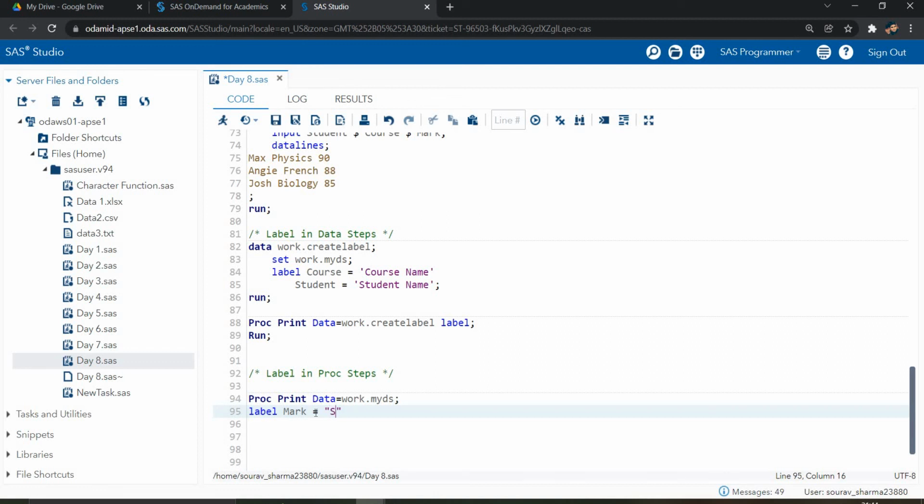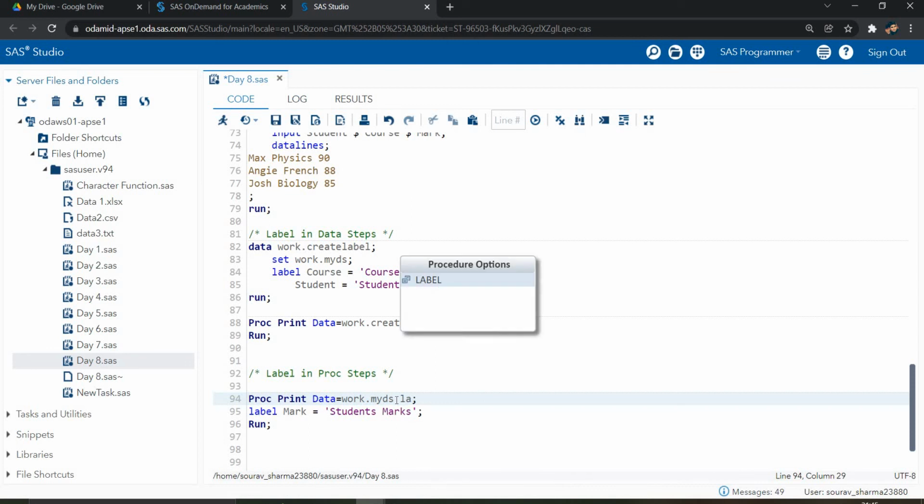So let's suppose I change the marks to student marks. Double quotes and single quotes are both the same. Okay, student marks. So I give the run statement again. Now we again need to give the label statement at the end.